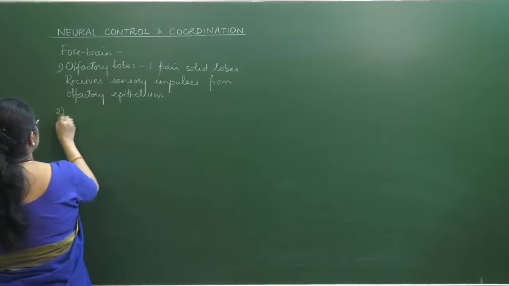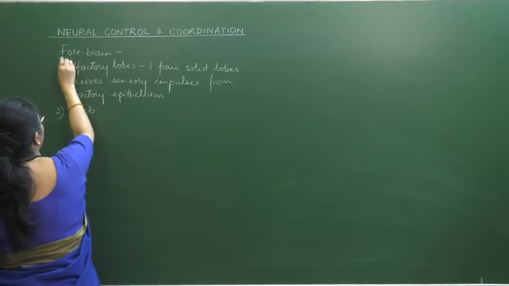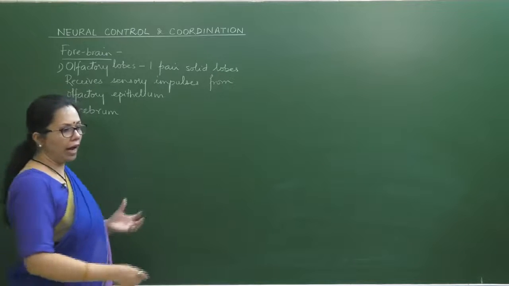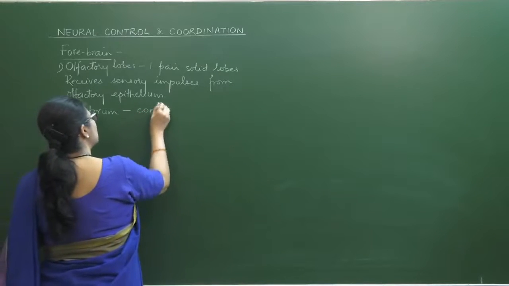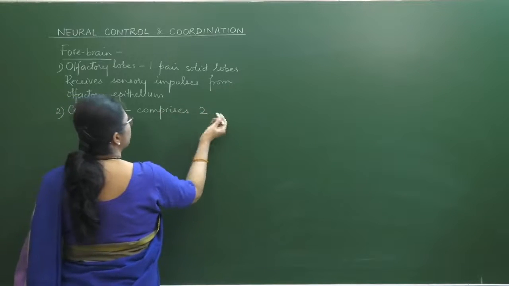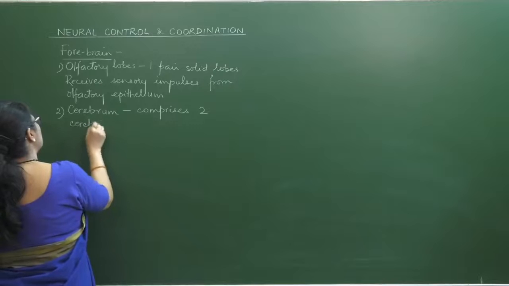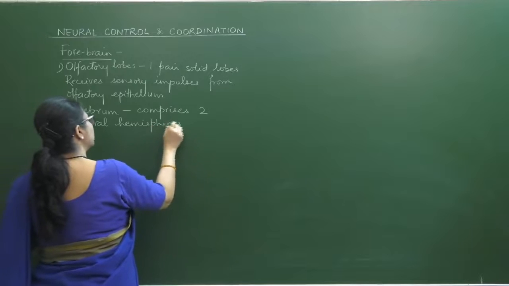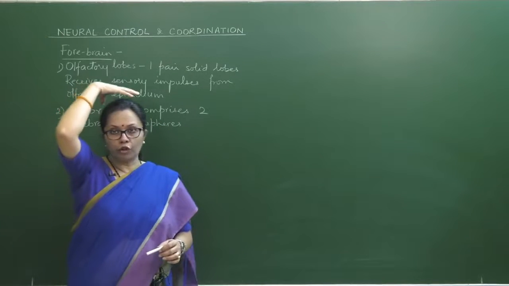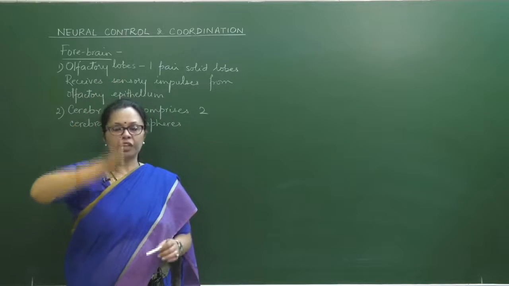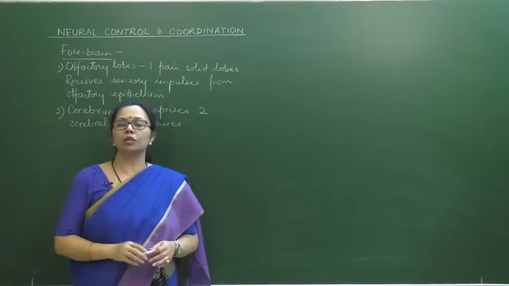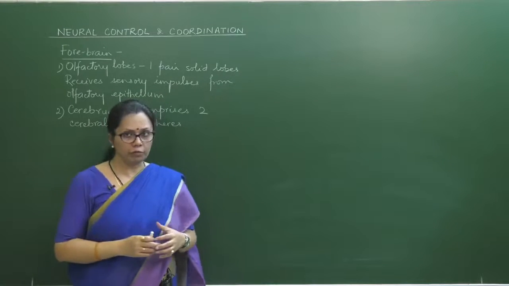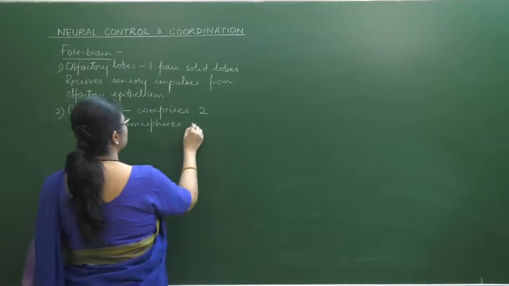Okay, then the next one, that is the cerebrum. So in the forebrain, the next part is the cerebrum. Now this cerebrum is the largest part of our brain, and it comprises two cerebral hemispheres. If you see the brain from the top, you will find there is a longitudinal deep invagination, a sulcus basically. So the longitudinal sulcus is dividing the cerebrum into two hemispherical parts, the right and the left hemisphere. Okay, and the two cerebral hemispheres are connected